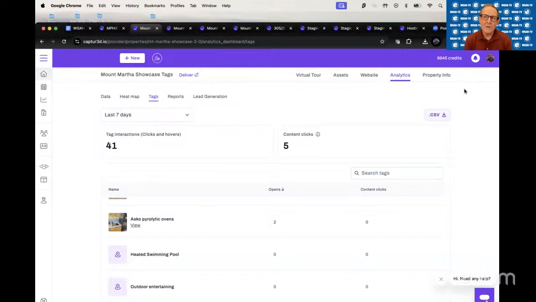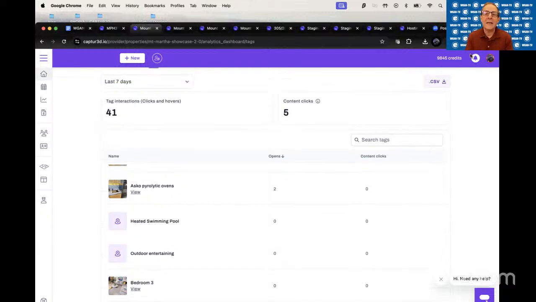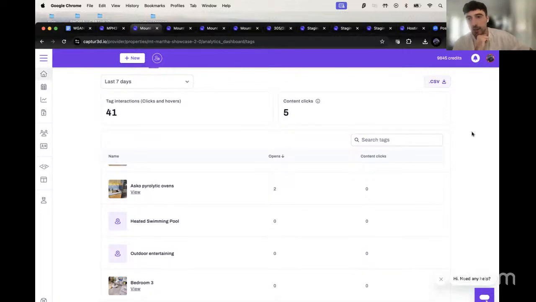And what do you feel are the use cases, or what are clients telling you? Presumably this feature was created because you were getting asked for it. What was it that clients wanted? What would they do with this tag analytics information? Why is it interesting? I think again, it just gives a more granular, specific insight into the content within tours itself.